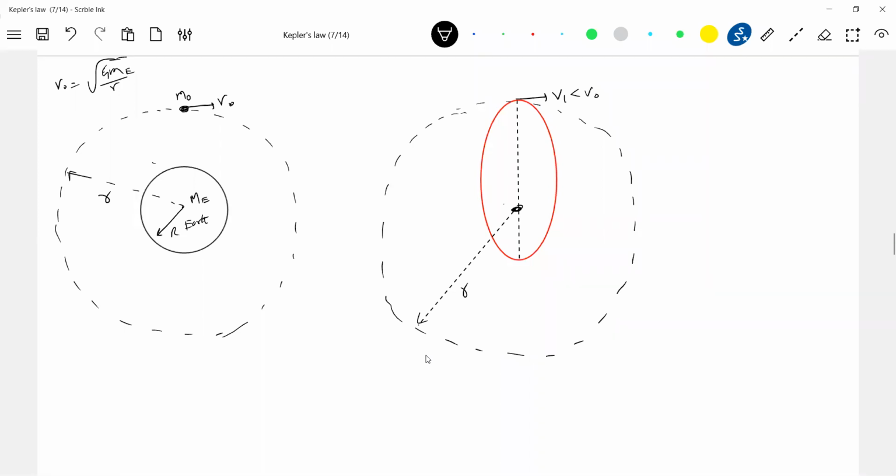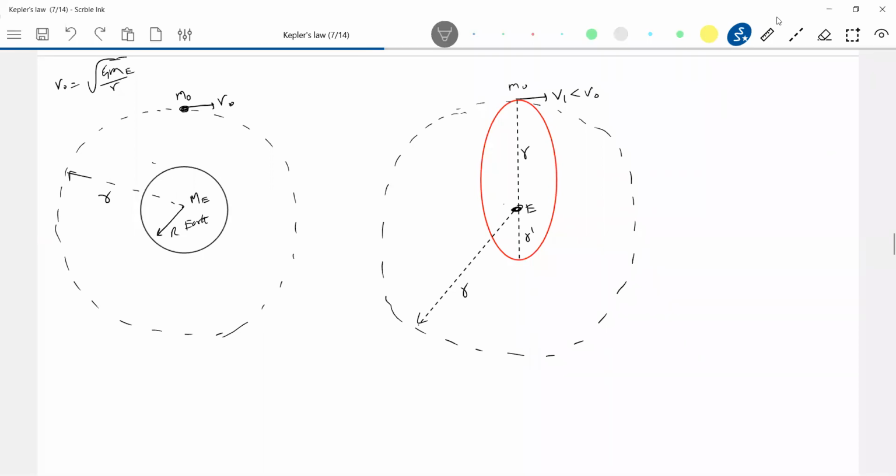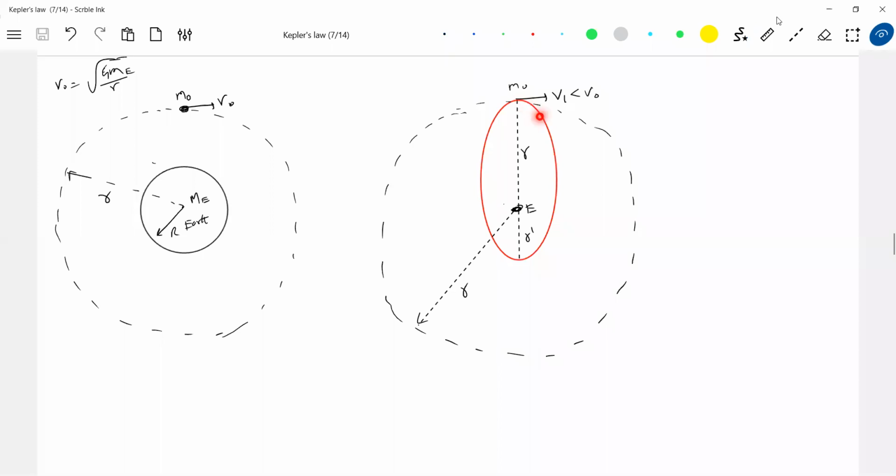No, this will become r, no? This will become r. What is this distance? This is from the satellite to Earth. This will become r. The other distance will be like this here. So it's going to be an elliptical orbit. So when a satellite which is revolving in a circular orbit, if I decrease its speed, if I make the speed less than orbital speed, it is going to leave that circular orbit and describe an elliptical orbit here.